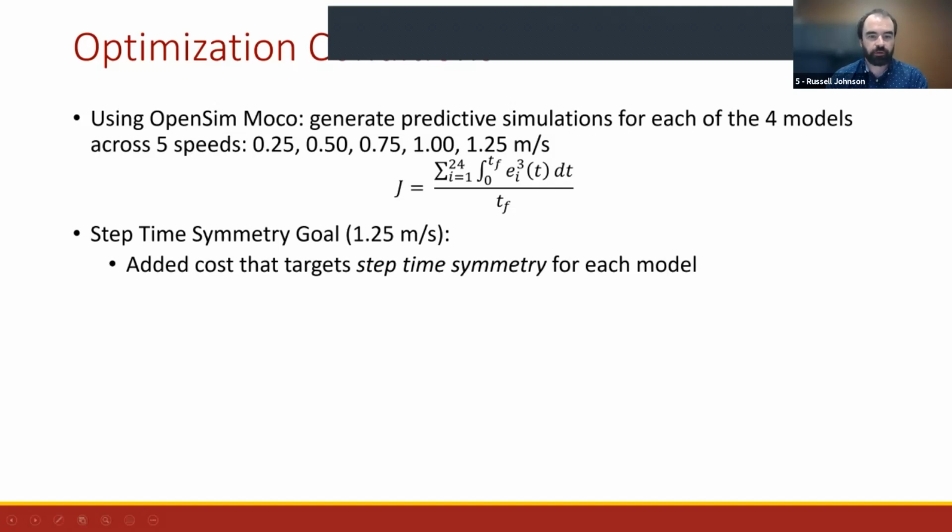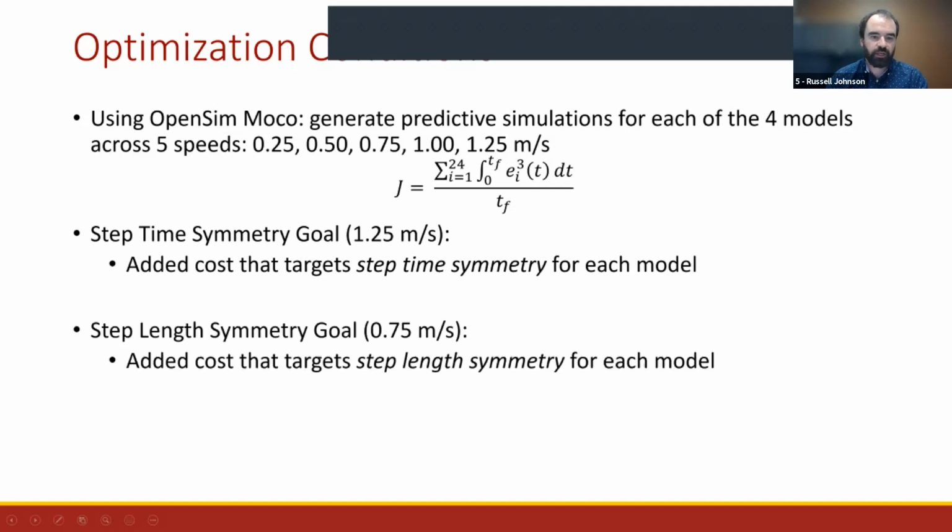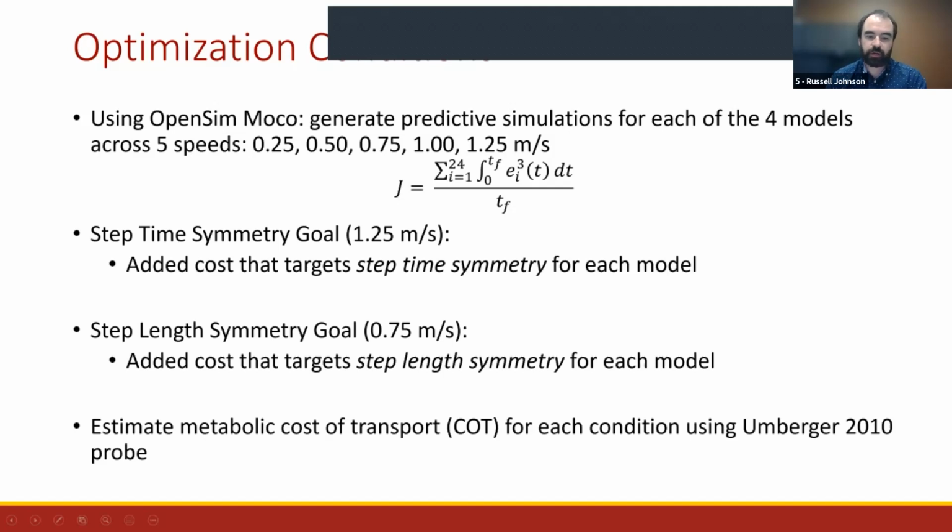Now, for the 1.25 meter per second condition, we added a cost to the objective function to reduce step time asymmetry, therefore targeting step time symmetry for each of the 4 models. And then at 0.75 meters per second, we added a cost that targeted step length symmetry. And then for all of these conditions, we estimated the metabolic cost of transport using the Umberger 2010 probe that's built into OpenSim. I'm just going to present the results for the 1.25 and 0.75 conditions